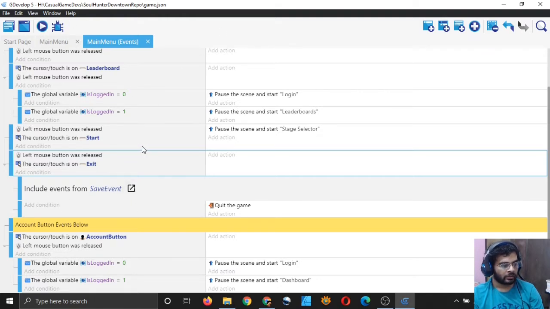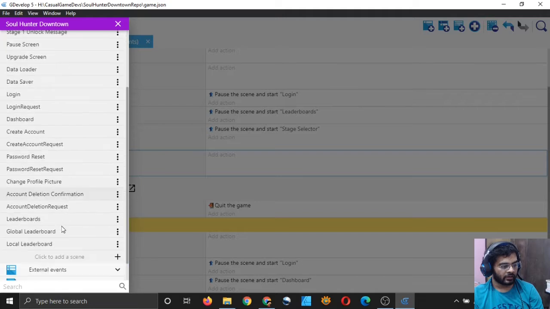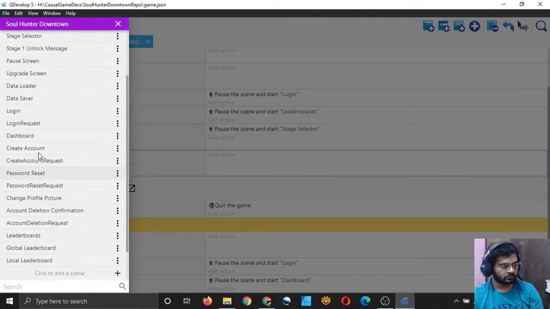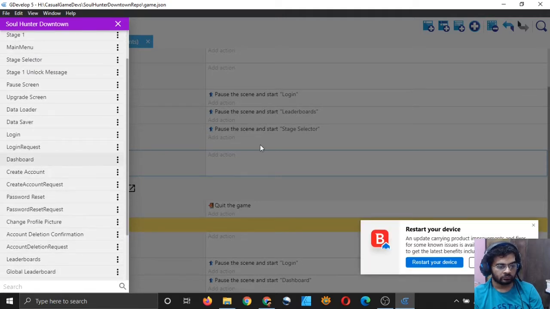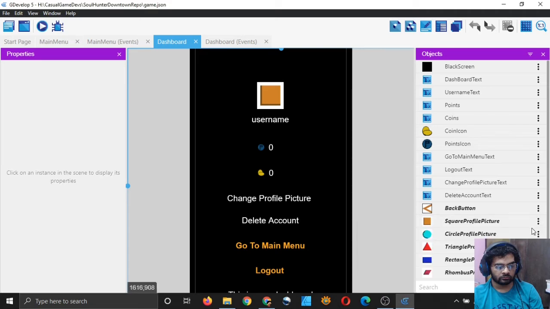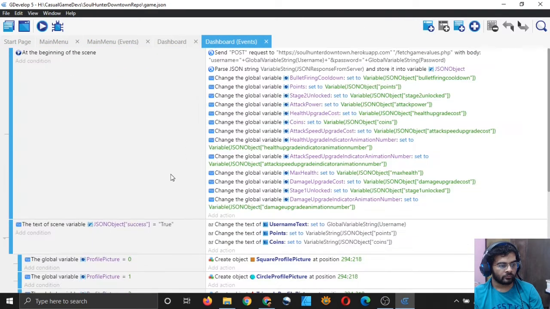I have actually written the script to send the values to the server and save them, and that script is present, I think, in the dashboard. Yeah, you can see that here. No, not here.